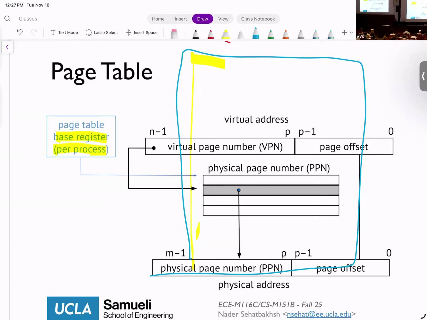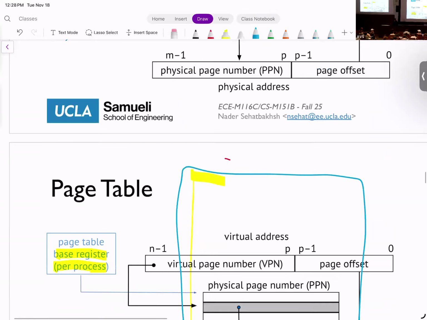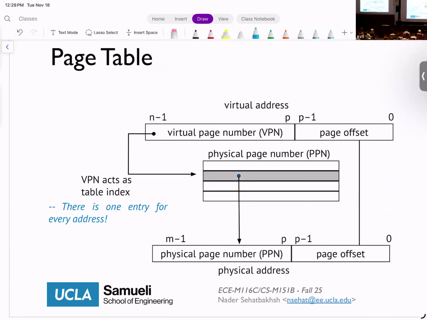If we have more bits for PPN than VPN, does that mess things up? Yes, we have more bits for VPN. If it can be one-to-one, you still need the address translation because you have multiple programs.